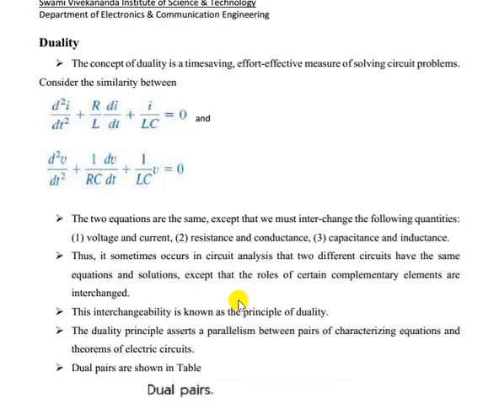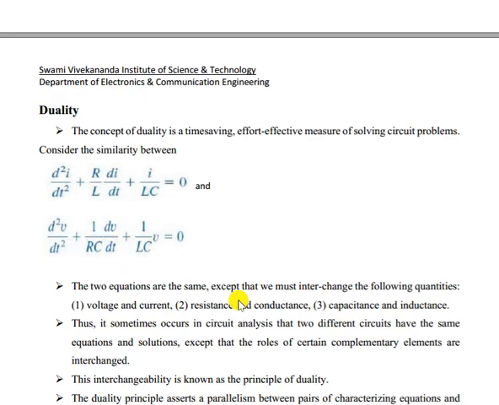Now let me tell you one point. That is the DC transient analysis part. In DC transient analysis, we always have to consider the transient response and the steady state response. Transient response means it can be the natural response, that is, it goes to 0. Always we have to think whether the RLC circuit is series or parallel, whatever the circuit may be. Before switching, find out the initial value. Then after switching at t equal to 0 plus, you have to find out the second initial condition, either dv(0+)/dt or di(0+)/dt.